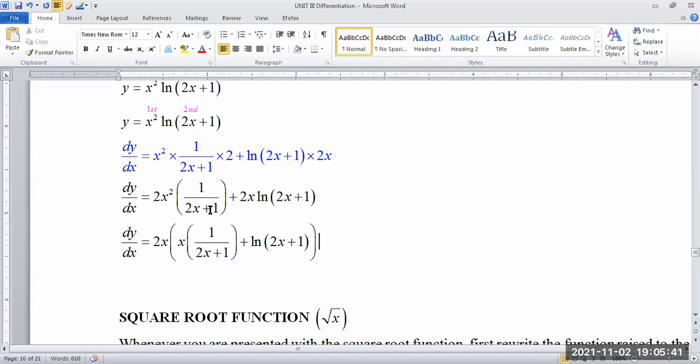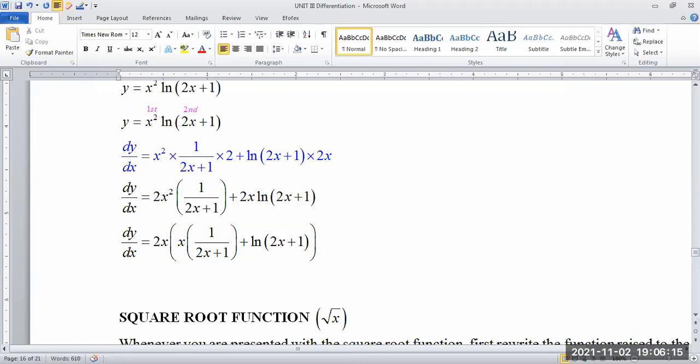Sir, but the 1 over 2x plus 1, the 2x is not common enough. I can't go inside of this and take out the 2x plus 1. It's only what is in front that I can take out. Remember, I can only remove the factor because I'm factorizing. So when I take out the 2x, I'm going to be left with x right here, because this 2x times x gives me 2x squared, and this 2x times this 1 in front of the ln gives me this 2x.